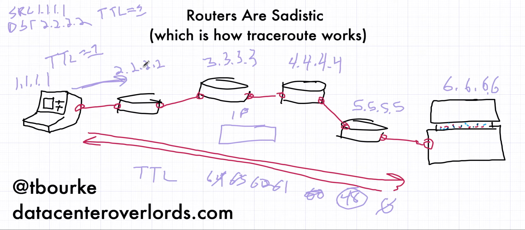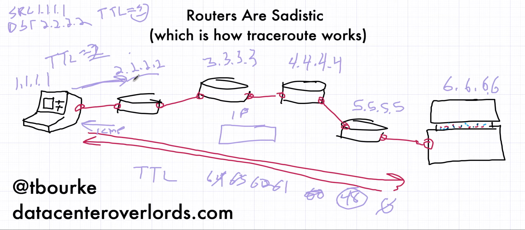this router is going to get it, and it's going to see the TTL is 1, and it says, I can't do anything with this because I have to decrement it to 0, which means I have to destroy it. So I'm going to kill it. But the routers aren't content to kill anything silently. They have to tell you they did it. So they send you an ICMP message saying, I just killed your friend. I just killed whatever you were trying to send. And here is my source address. All right, so now we know the first hop.